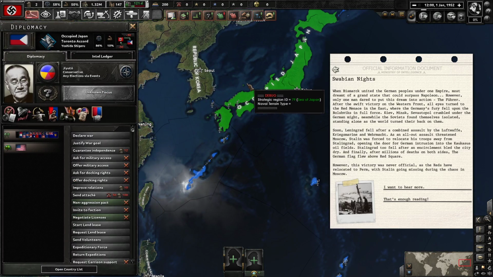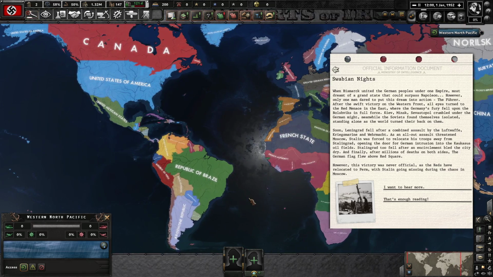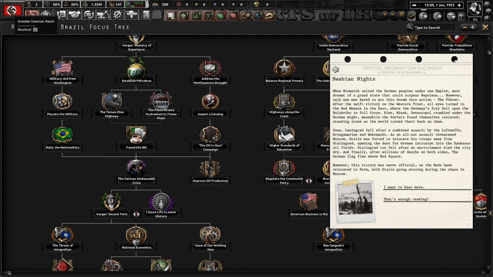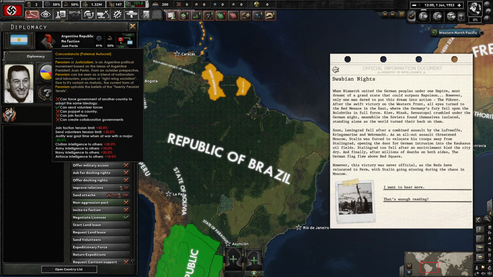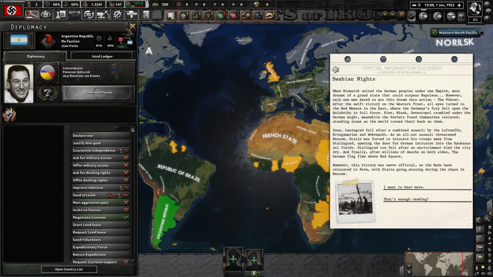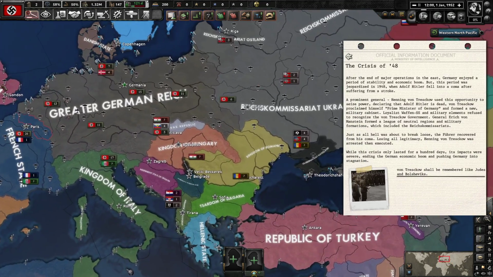Japan is still occupied, although they are sort of regaining statehood. Now, in South America, of course, it's the same. South America is always the same. But in here, there's actually content, especially for Brazil. Brazil is very interesting in this timeline. Also, Perón. When there's content for Argentina, it's going to be interesting, because Perón is always interesting. Always super interesting. So, if I want to hear more, it tells you more about the Crisis of 48, which